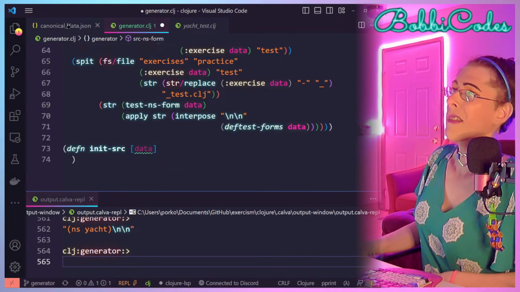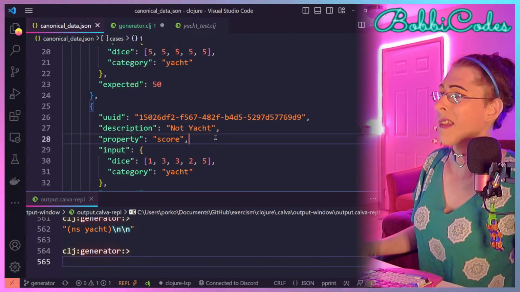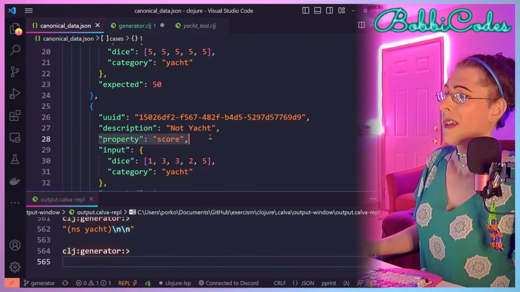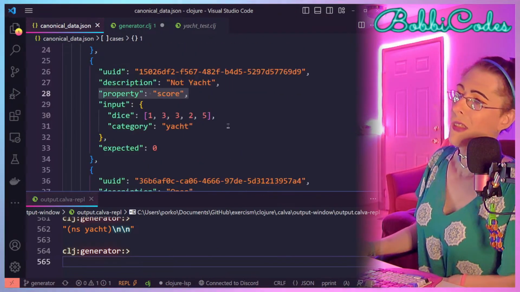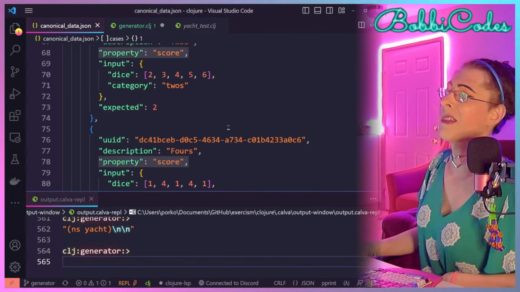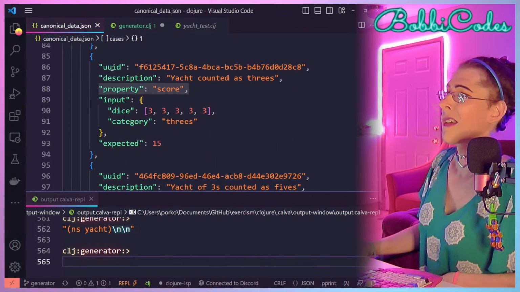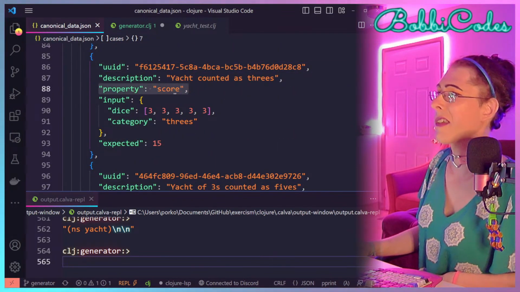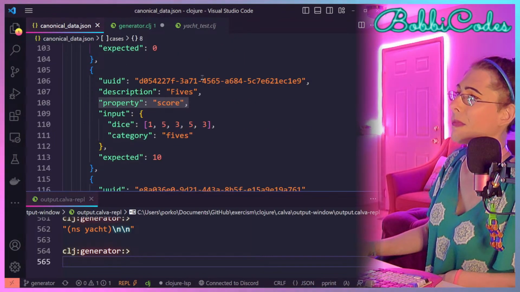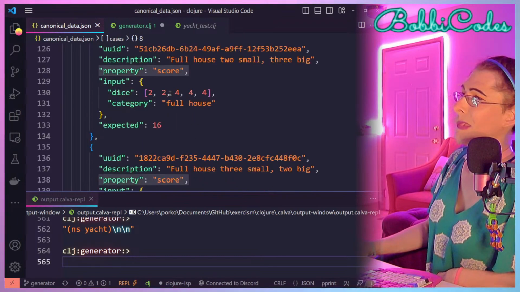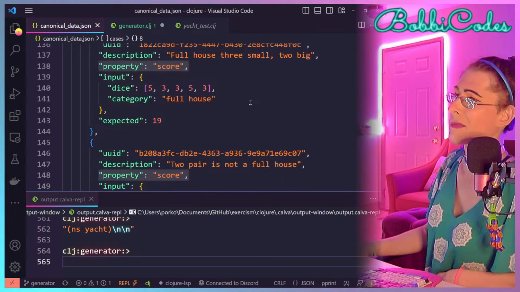So that's going to be the properties. And for all we know, this is a simple exercise in that it only has one function that we're testing. In other words, property is the same score for each one.